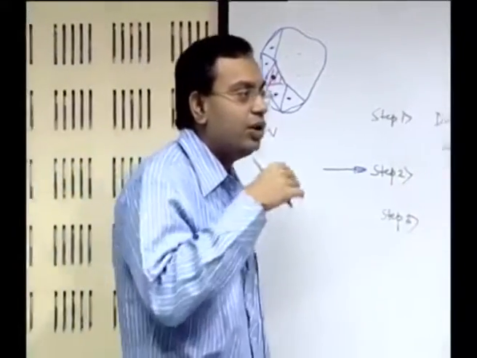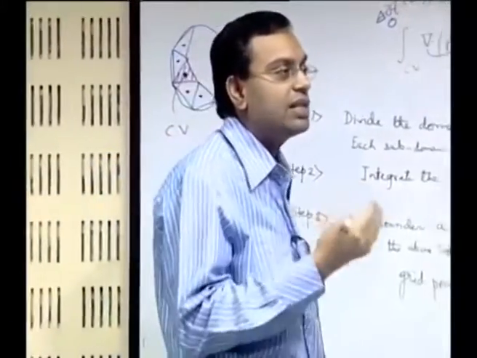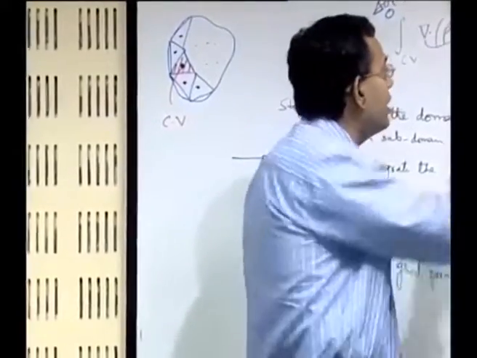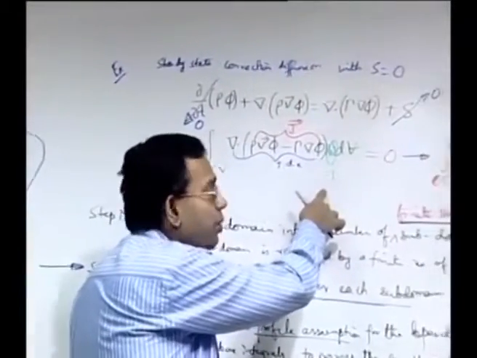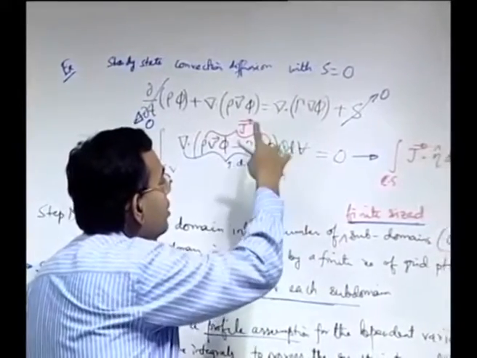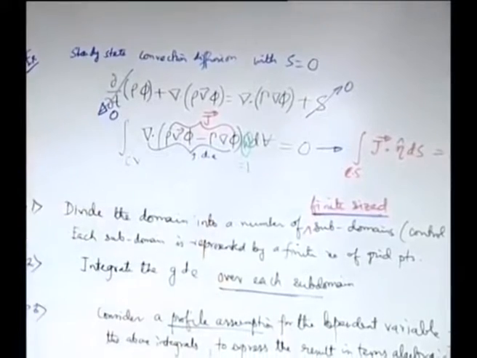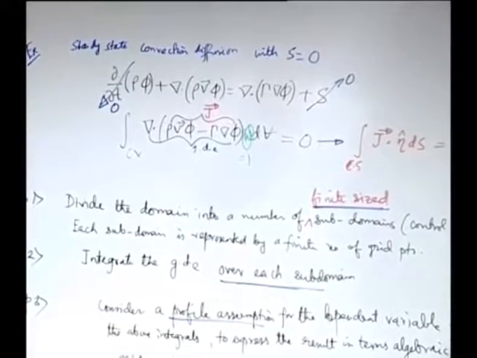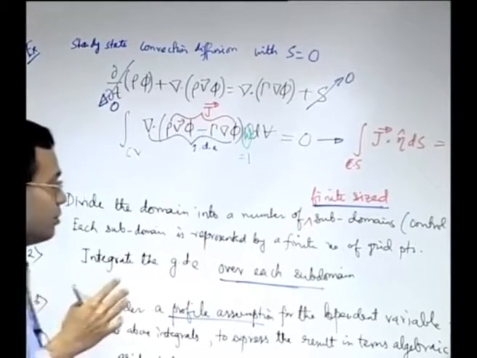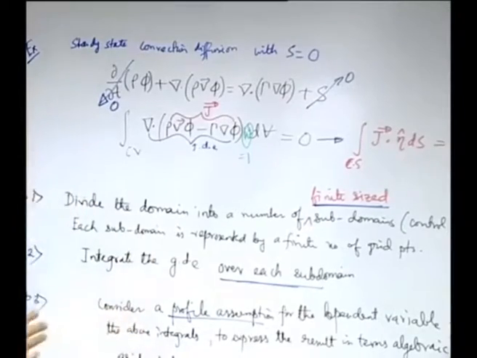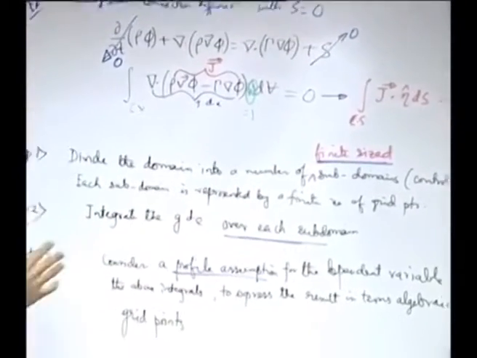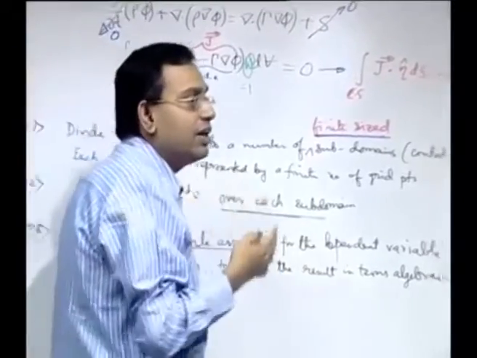So the finite volume method, since it can be perceived as a special case of Galerkin's method with the weighting function equal to 1, borrows many of the important characteristics of Galerkin's method, and that is one of the hallmarks of the method. The other important feature is, where does its main advantage lie?